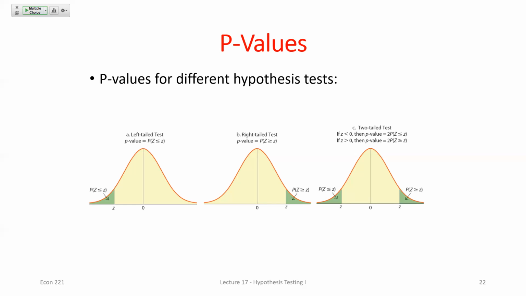For a left tail test, I'm looking for the area to the left of my Z statistic. Right tail test, look for the area to the right of my test statistic. For a two tail test, look for the area that's more, I always say more extreme, than my Z statistic. Because if I see a negative Z statistic, I'm looking in the left tail. If I see a positive Z statistic, I have to look for the area in the right tail. So just saying the area that's more extreme, wherever your test statistic is, look for the area in that tail and then multiply it by